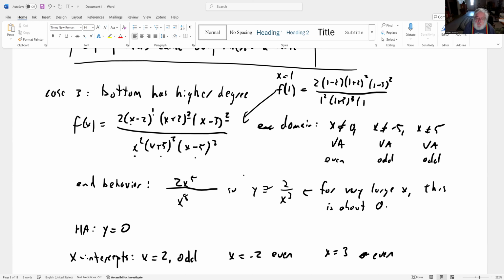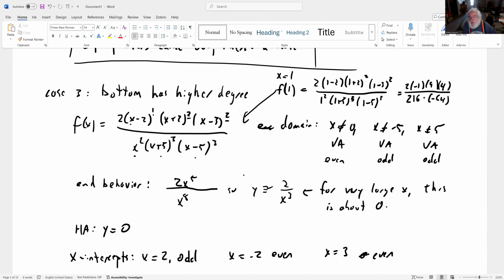I wouldn't expect people to know that off the top of my head. 1 minus 5 is -4, and -4 cubed is -64. Right? And you multiply all that out and see what it is. In any case, it's some positive number because this minus sign and this minus sign will cancel out. So f of 1,